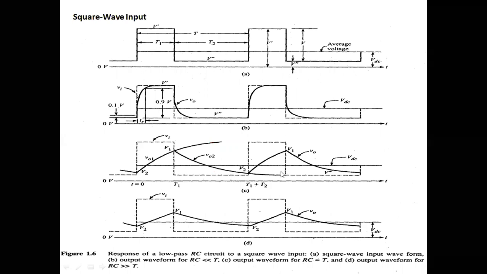How we are going to derive, you have to remember. Before going to the derivation, you have to remember the final voltage V final, the initial voltage V initial, and the different time periods. These three things you have to remember. That means if you start from here, and take this waveform, the initial voltage is V2.